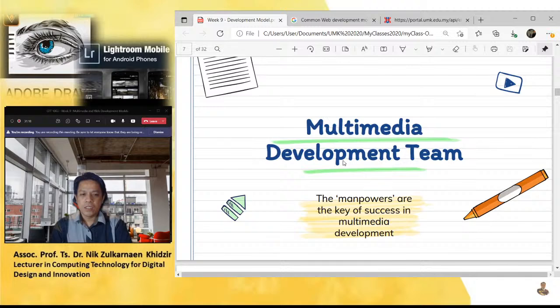So the first thing first, okay, important to define the team, alright, the multimedia web development team. That means the team, okay, kumpulan ataupun kumpulan, okay, the team for the project. So kita perlukan satu team yang kuat dalam projek kita untuk kita kata membantu kita dalam melaksanakan projek. Jadi kita kena pasti, okay,